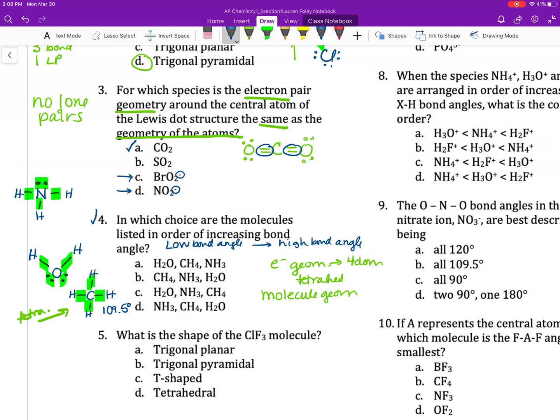Now, starting to replace a bonded atom with a lone pair takes us next to ammonia. Ammonia has 3 bonding domains and 1 lone pair domain. So electron geometry-wise, it's still a tetrahedron, but molecular geometry, it's a trigonal pyramid. That's what you get when you have 3 bonding regions and 1 lone pair. Now, we start out with that 109.5 degree bond angle because the electron geometry is a tetrahedron, but when you have a lone pair, when you start to substitute in lone pairs, the lone pairs of electrons, those 2 electrons